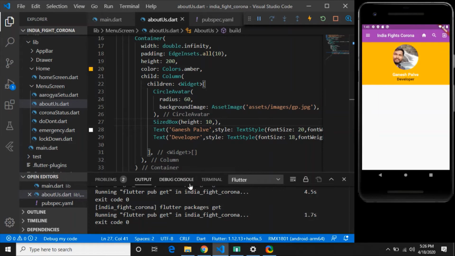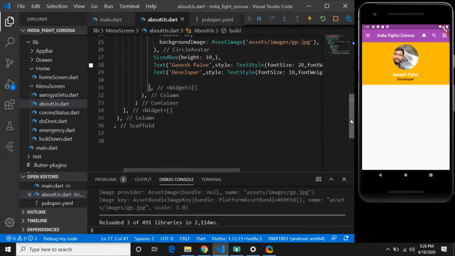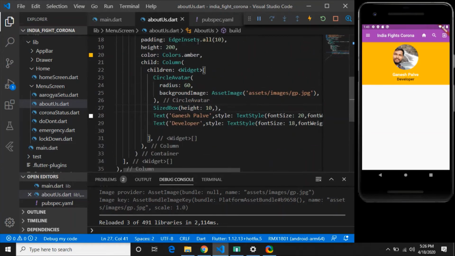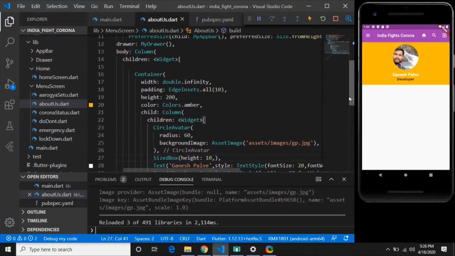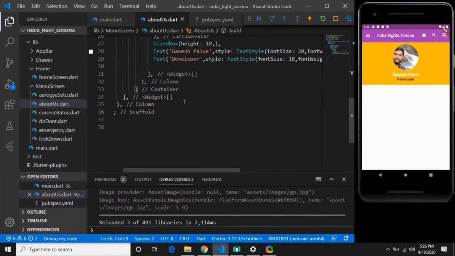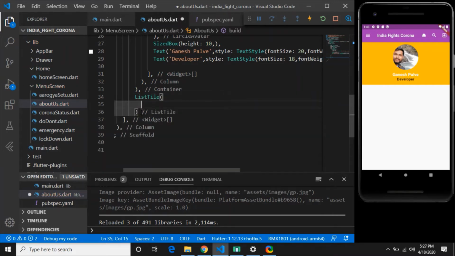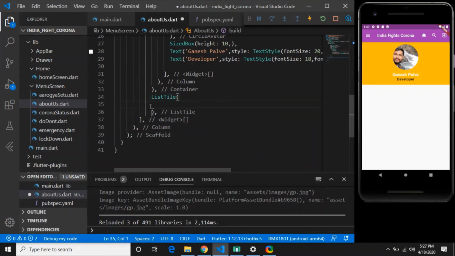That was pretty cool. So what we have done, we have added one container. In that container, we added multiple widgets under the column. Now look at where the container ends. So the container ends here, at the end of the container give a comma, and we'll have the next widget, that will be ListTile. So it will be new for you, don't worry, it is a very easy and very commonly used widget. ListTile can always have a leading, meaning the front part, and we'll have a CircleAvatar.